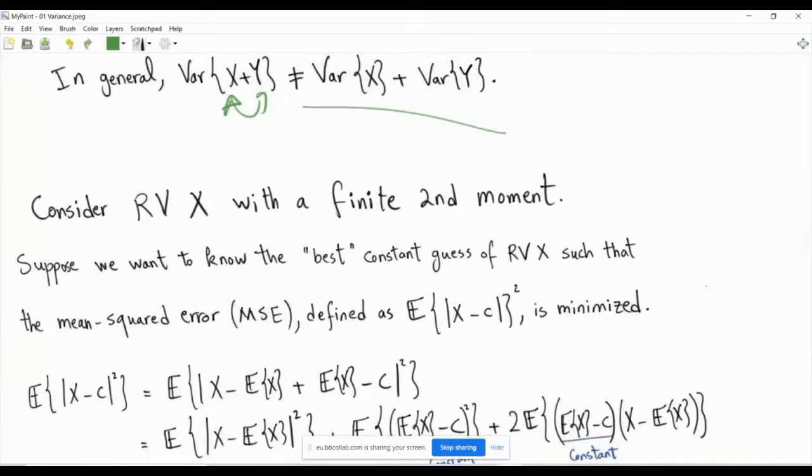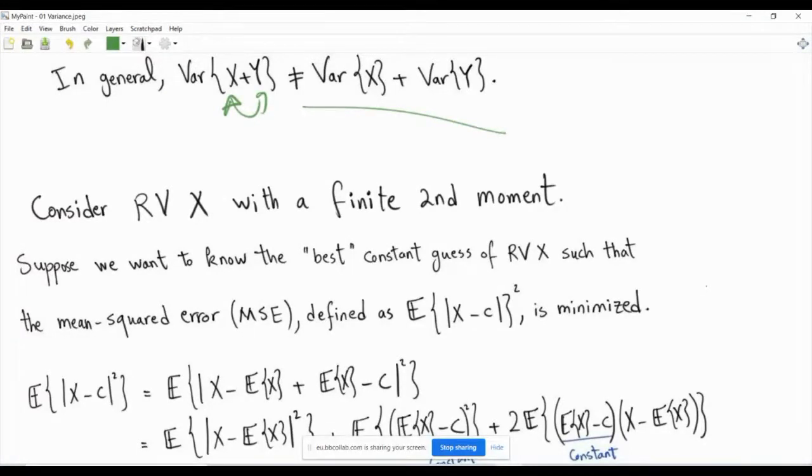So suppose that you have a random variable x and you want to make a guess about x. And this guess will take a very simple form. It is just a constant. In practice, typically we make guesses about random variables by observing other random variables. And this will be the topic of minimum mean squared error estimation. But for now, let's assume that we don't have observations, right? We just want to estimate or guess a random variable via a constant.